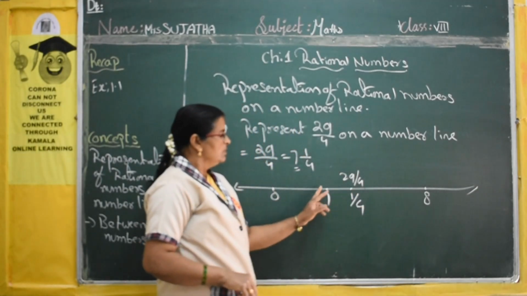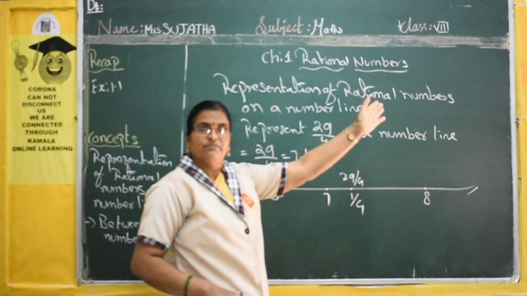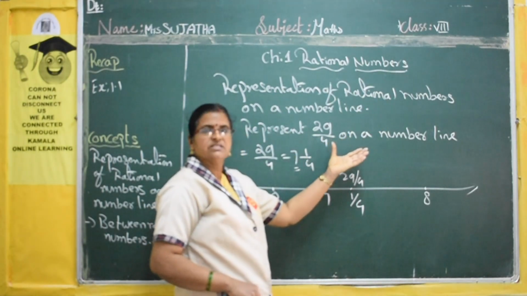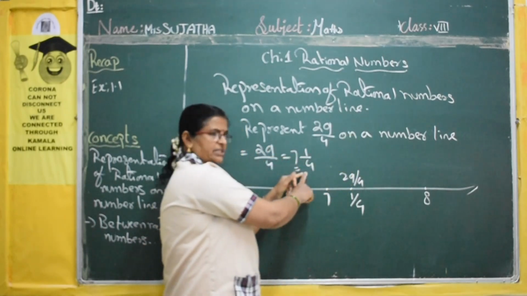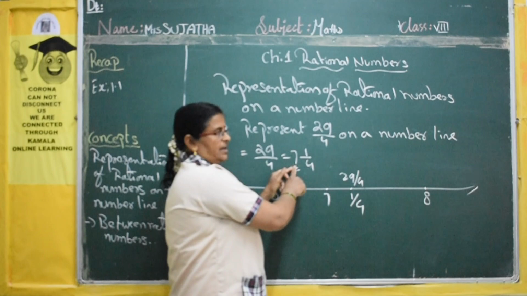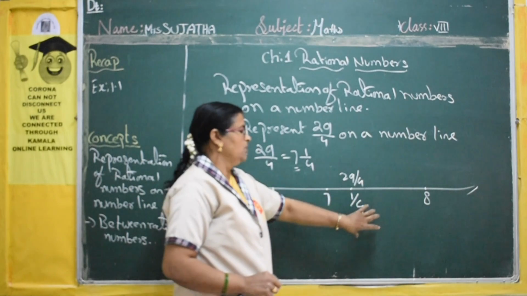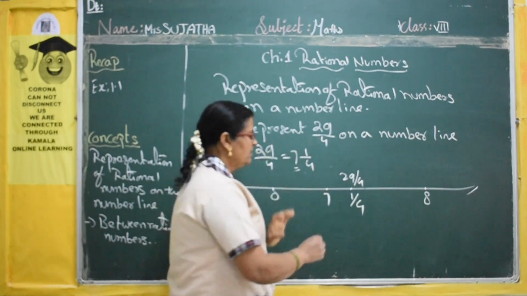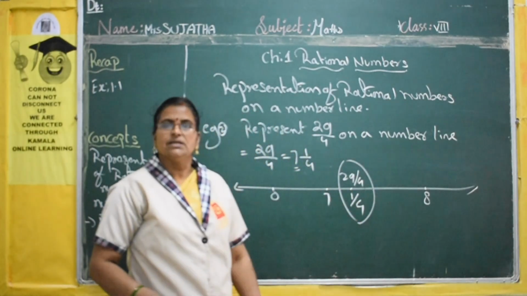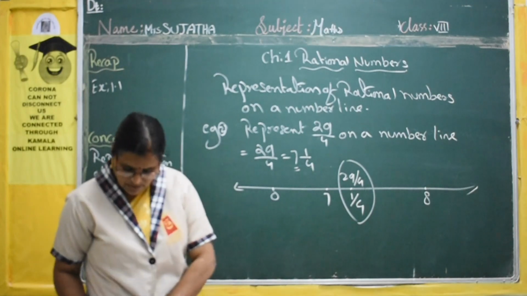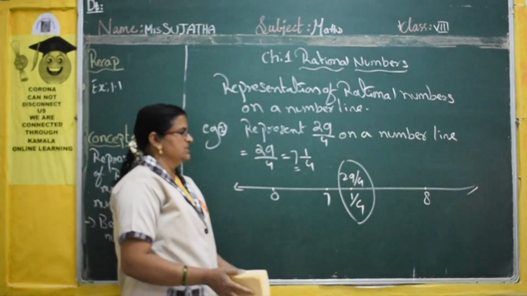Understood, children? So there is no need to write all the fractions on the number line as we wrote for the proper fraction. If a proper fraction is given, you compulsorily have to write that way only. But for an improper fraction, you should change it into a mixed fraction, and whatever the whole number is, start from that whole number. Then up to the next whole number, write the fractions in between. It is enough. Now this is 1 by 4; here you can round up. This is the easy way, no? Okay children, now understood? Now we will study between rational numbers.